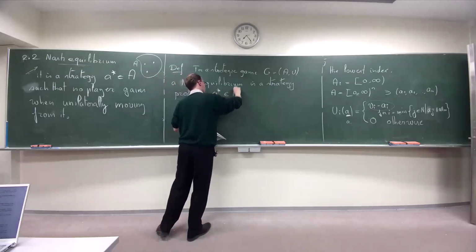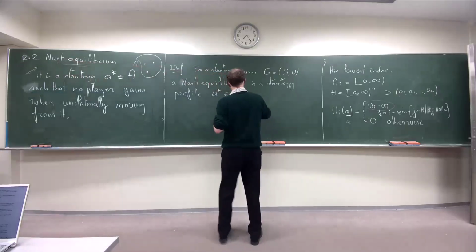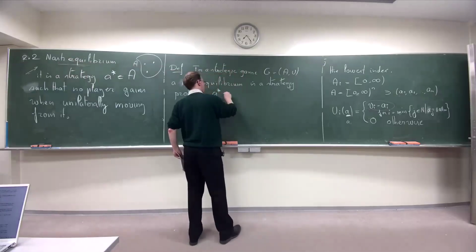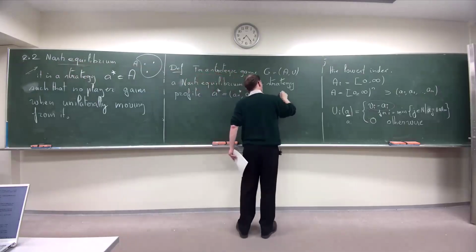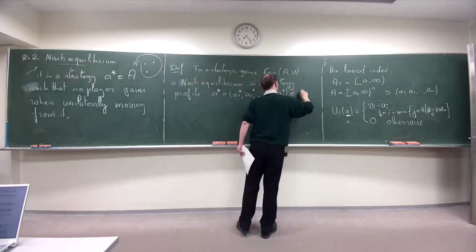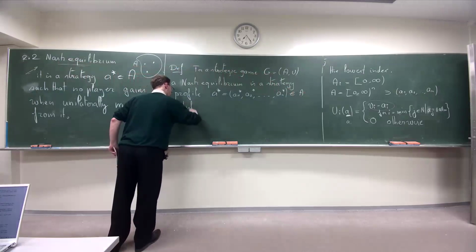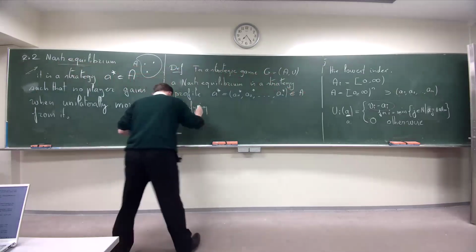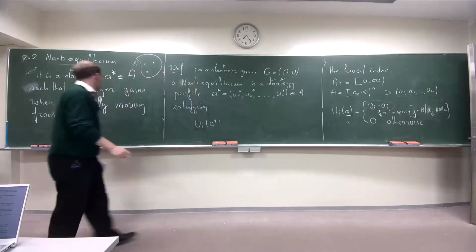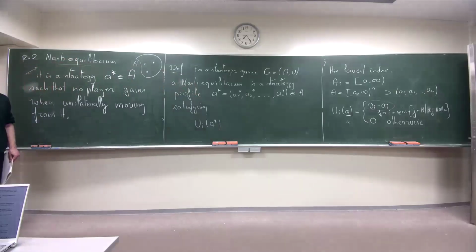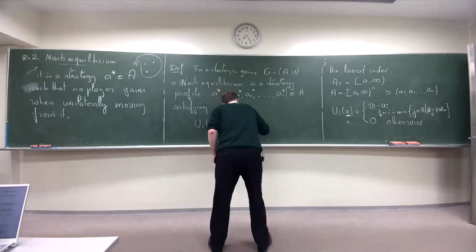I put star inside A. It's a specific point, and it has n coordinates. So it has A1 star, A2 star, up to An star. And as I said, it's an element of A, satisfying: Ui at A star has to be bigger than